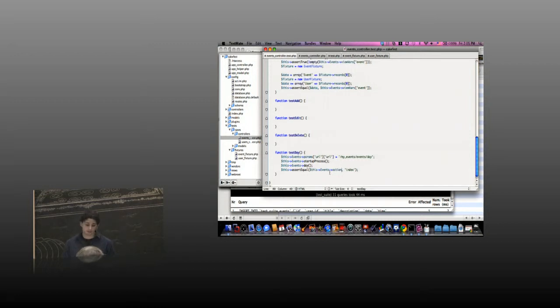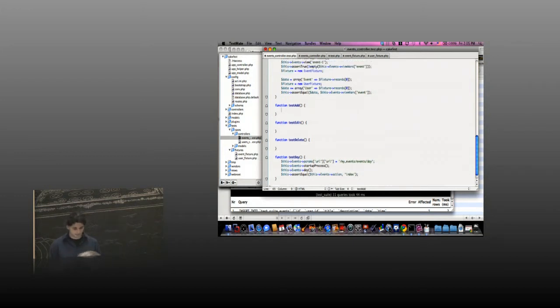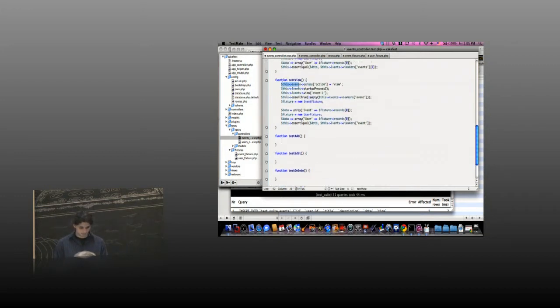Okay, the last thing I can test is redirection. The most simple example of redirection is when doing an add. I will provide data for this add action, and I will test that it saves the event and redirects me back to the index view. I'm going to copy these lines here, change the action, provide some data,